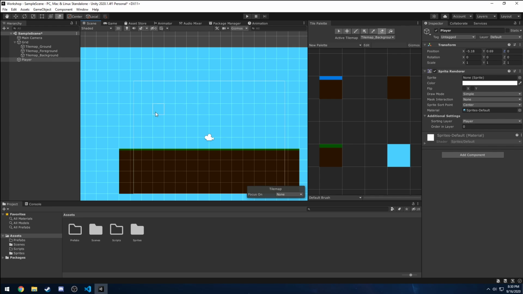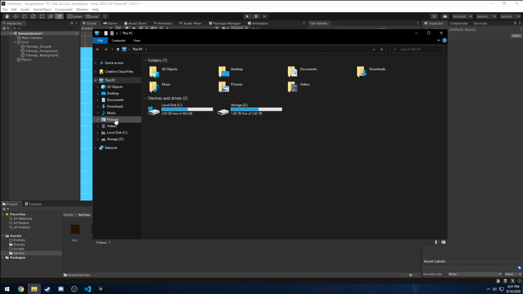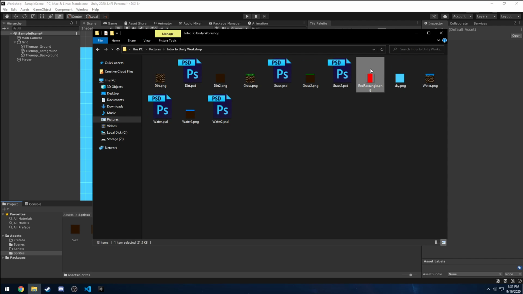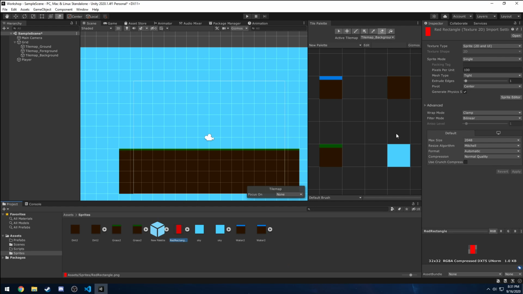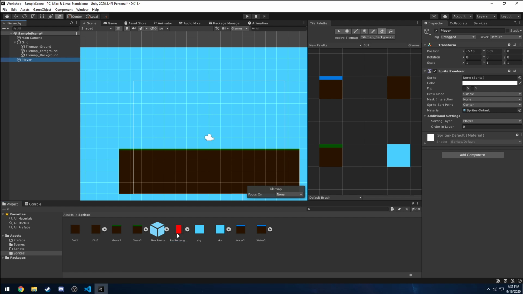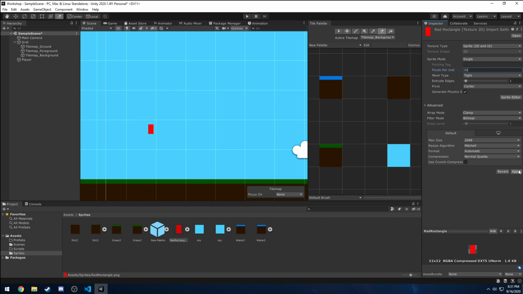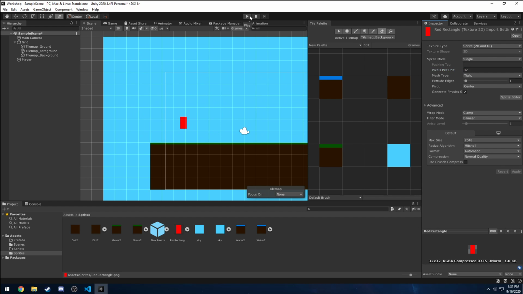Okay. So, now that we're here, I believe the sprite that I imported... Pictures. Ah, the rectangle. I forgot to import the rectangle. So I just made that this red rectangle will be the player. So the player, you can just drag the sprite right to the sprite renderer. So now we have that, and I believe that they should be set to 32 as well. There we go. So now, when you press play,